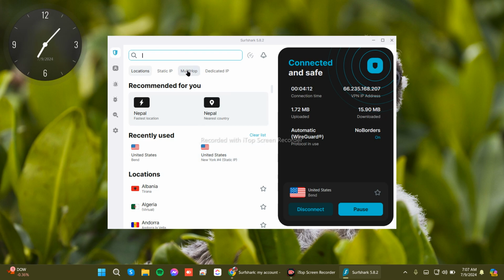Multi-hop is basically similar to rotating IP. It's just that it even changes the state, including the IP. So it changes the place and the IP. So yeah, I don't want to make it too long. So if there's anything specific other than this,